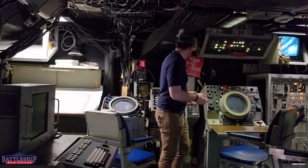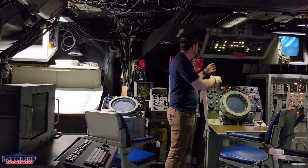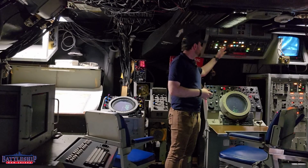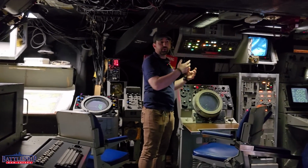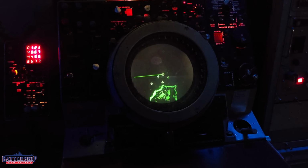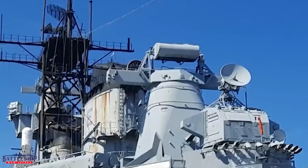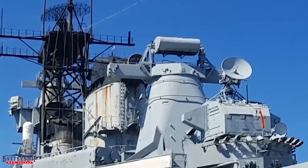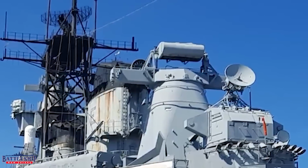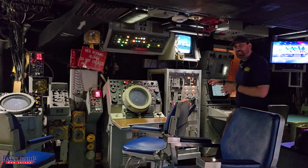Coming around here, we've already talked about this being the air search set. This air search set actually has the controls for the antenna up above, so this is where you could energize the whole thing and get it rotating and things like that. Again, all of these readouts on the screens are just facsimiles that we created. The radar that we have spinning up above, we have it rotating. It is not radiating. We do not have the capability to radiate anymore, and that's a good thing. Continuing around the room,